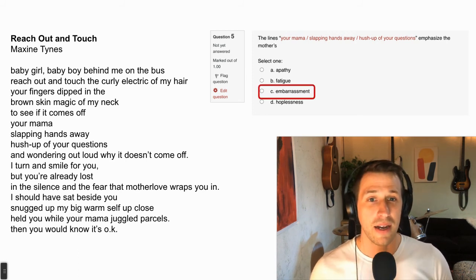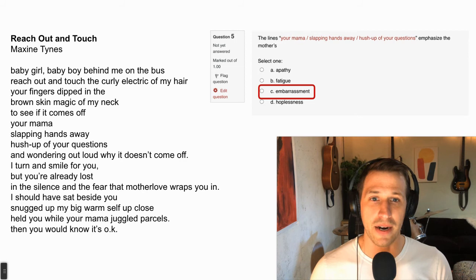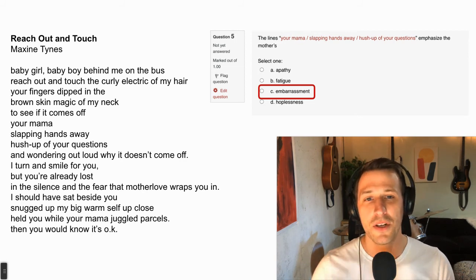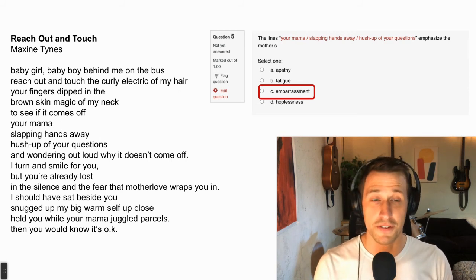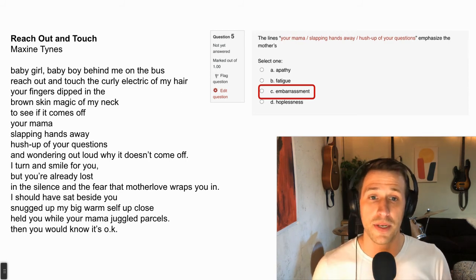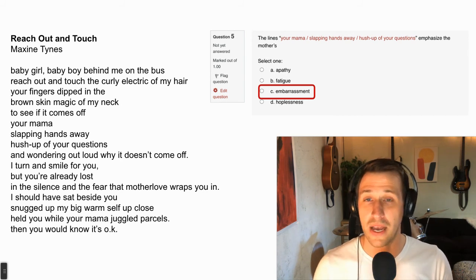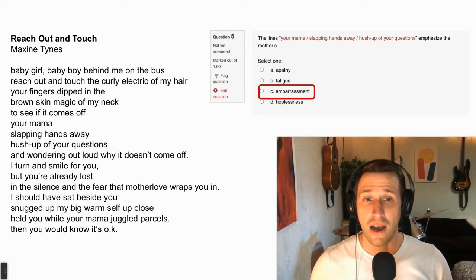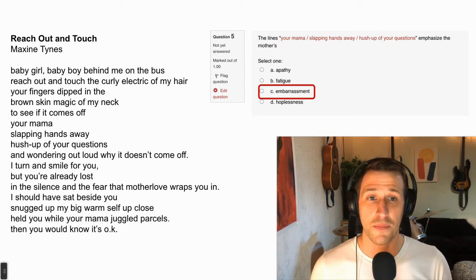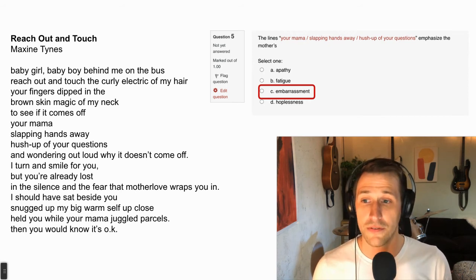In there, I think this mother seems mostly embarrassed. Apathy would mean she doesn't care. If you're apathetic, you don't care. And I think she obviously cares. She turns around and smacks their hands and tells them to be quiet. And I think in this moment I can assume, and I empathize with her sense of embarrassment. This is a difficult moment. These kids have put her in a very awkward situation. They've put the speaker of this poem in a very difficult situation. And so there's this understanding from the mother. Her reaction is to slap their hands and to say, hush up, most likely out of this embarrassment.